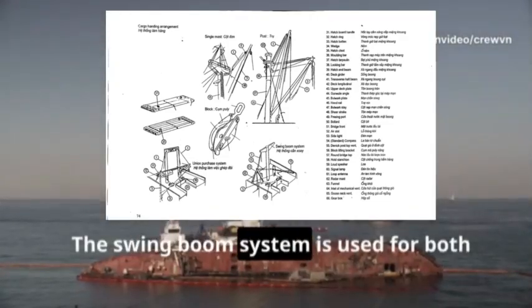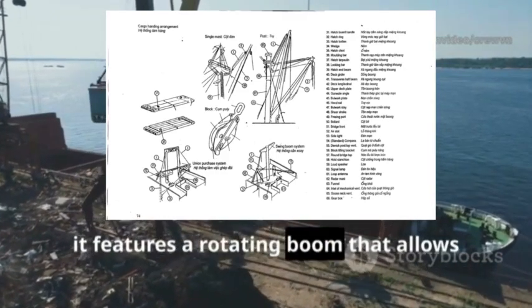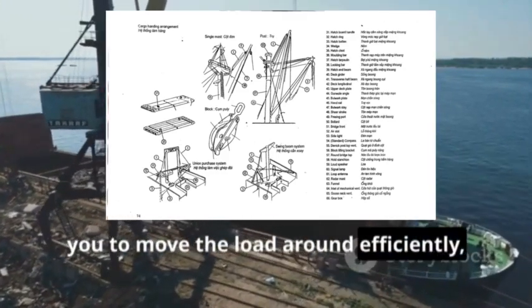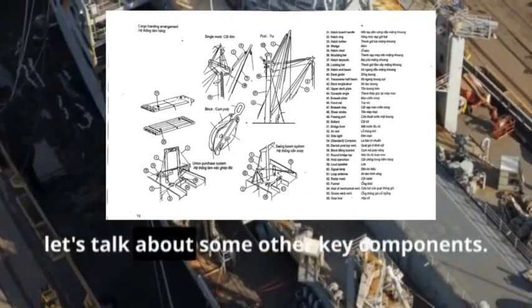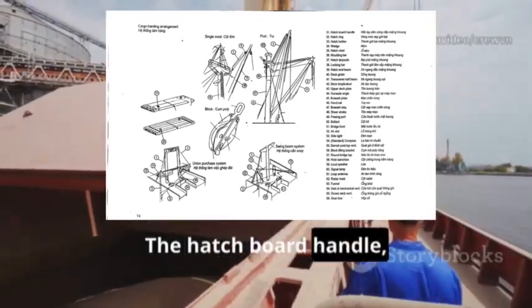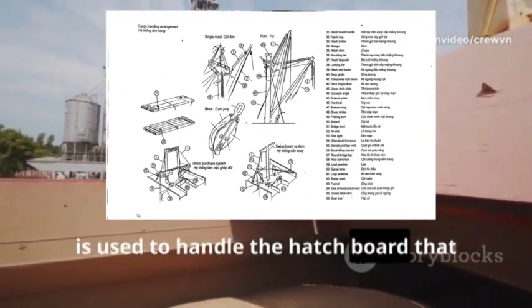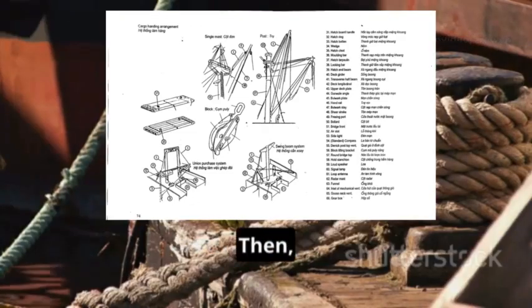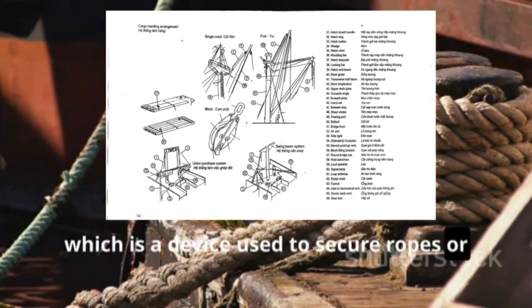The swing boom system is used for both lifting and swinging cargo. Often it features a rotating boom that allows you to move the load around efficiently, which is super helpful during cargo operations. Alright, let's talk about some other key components. The hatchboard handle is used to handle the hatch board that covers the hatch opening. Then, there's the hatch cleat, which is a device used to secure ropes or lines for closing